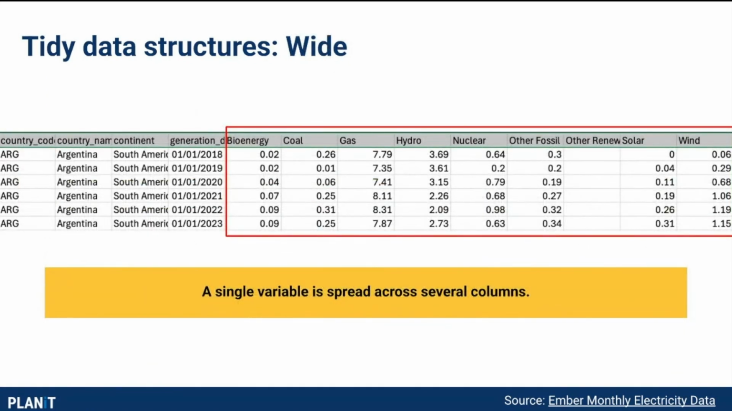But there's another type of data structure that is wide, because if there's long, there's also wide. And in a wide data set, you can only show one variable. So the first 4 columns show you the continent that the country belongs in, the country name, the country code, and generation date. And the actual data point that we are interested in